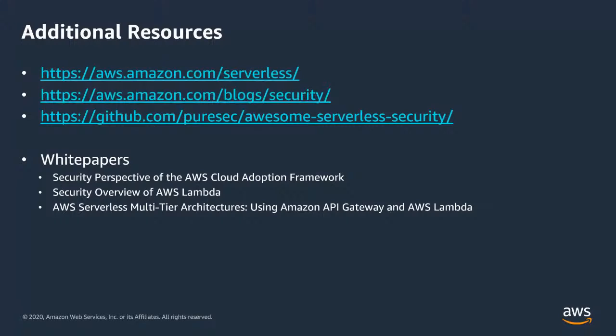If you're looking for additional resources, I would suggest that, especially with serverless, you try to understand what serverless is all about, so that it makes it easier for you to understand the paradigm and architect your applications in this way. Look at our security blogs. We have a lot of security content available because, like I said, at AWS we believe security is job zero no matter what. There's also a third-party list managed by PureSec, which covers all serverless security related resources. It's a really good place to learn more about what third-party services and tooling are available for you to look at.